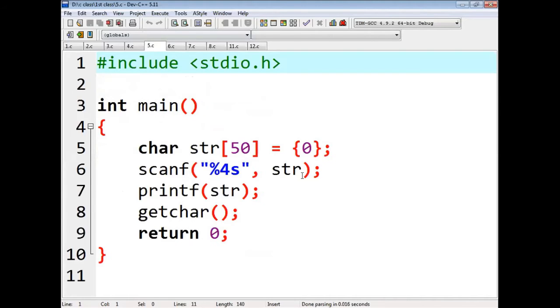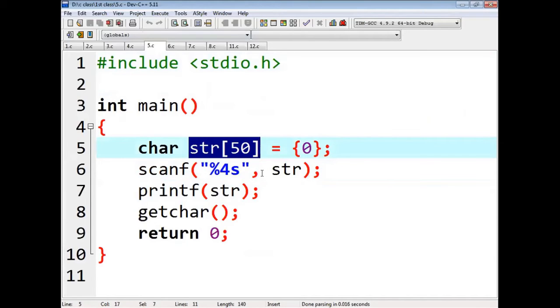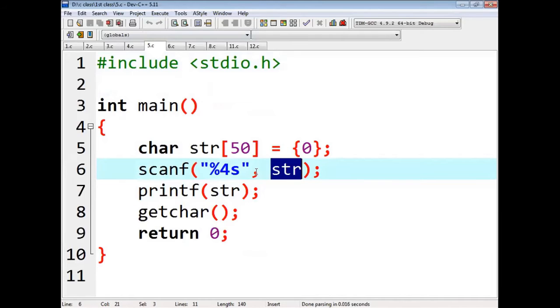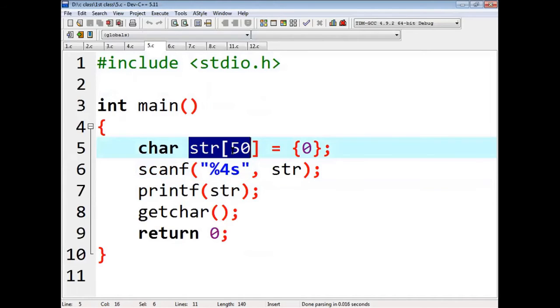As I told you, here string str will be an array because we are not using any %. If we are using just a variable, % will be prefixed to it. If no % is prefixed, it is just assumed as an array. Here this array is of size 50 and has no elements in it, so the value has to be taken from the end user.